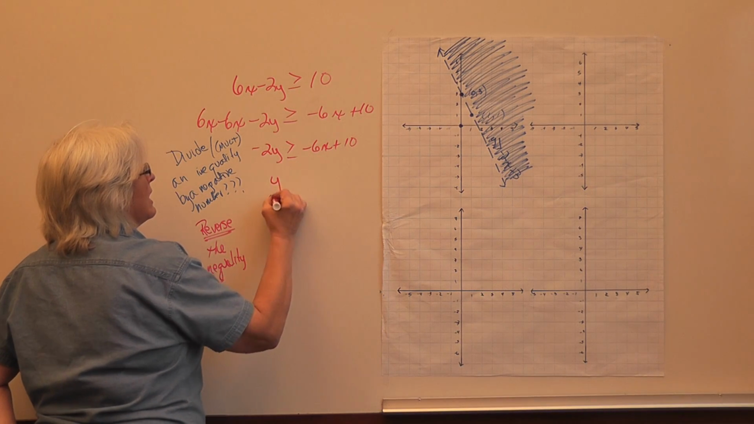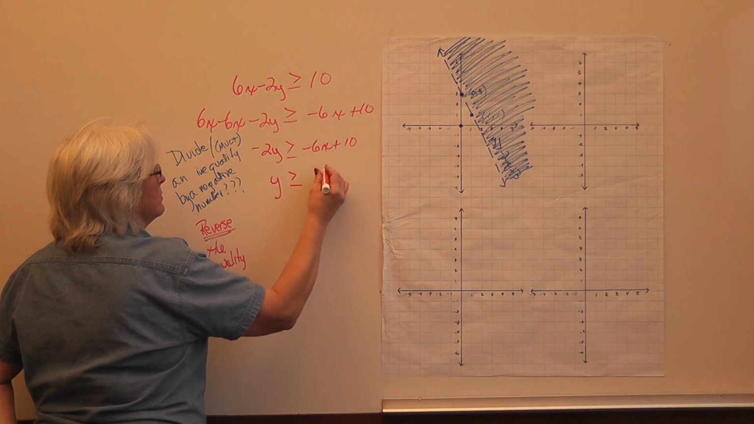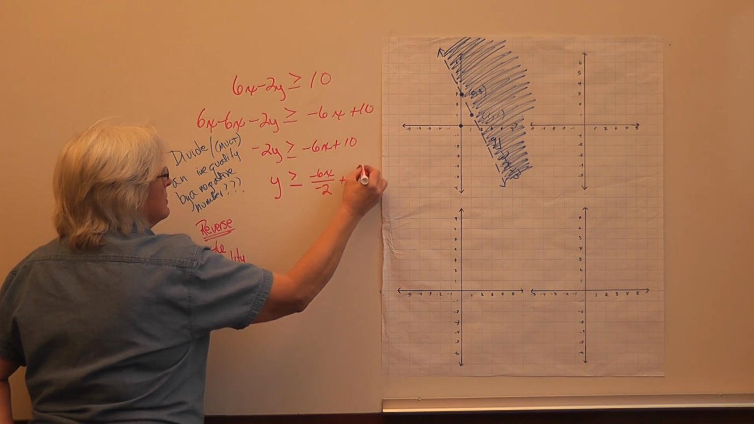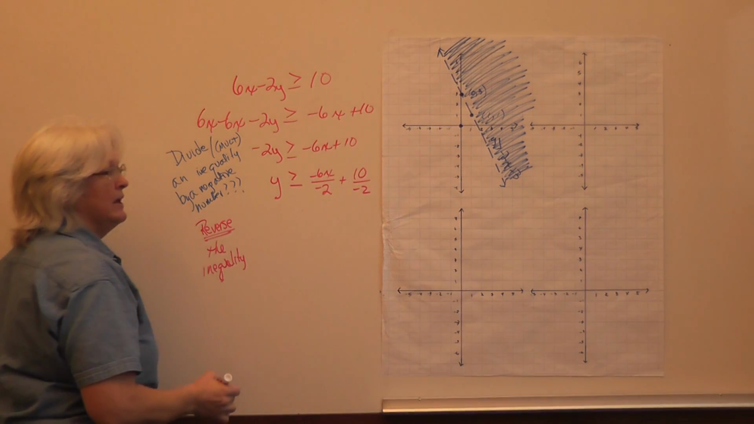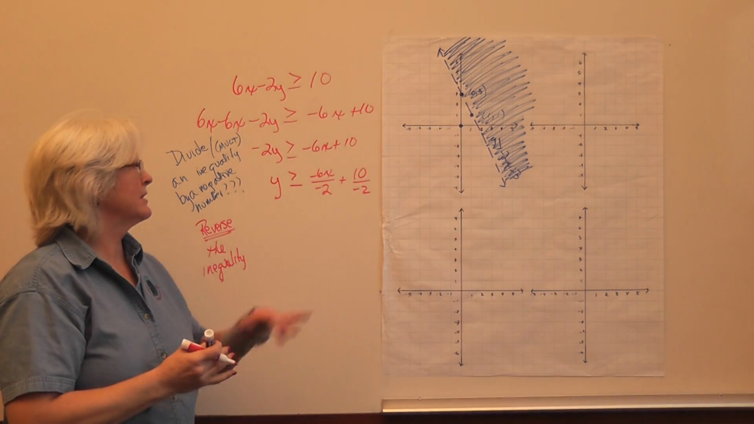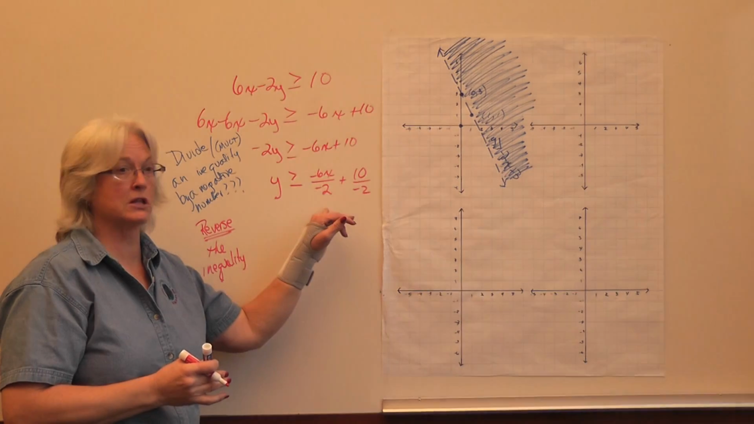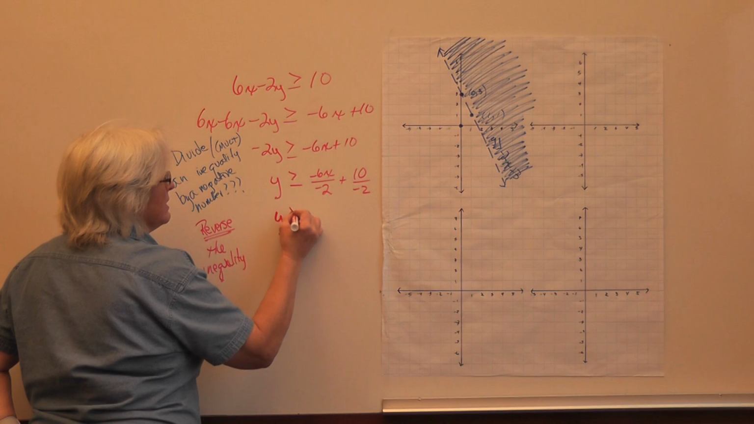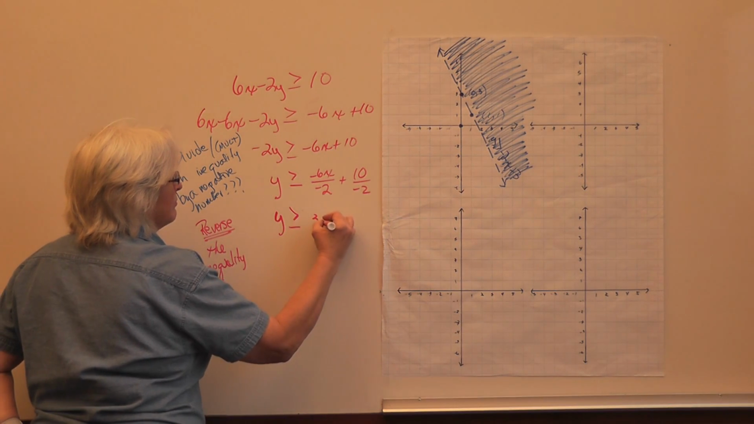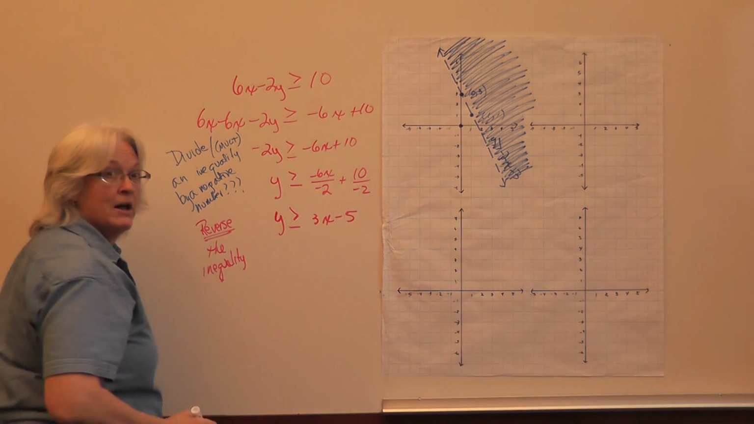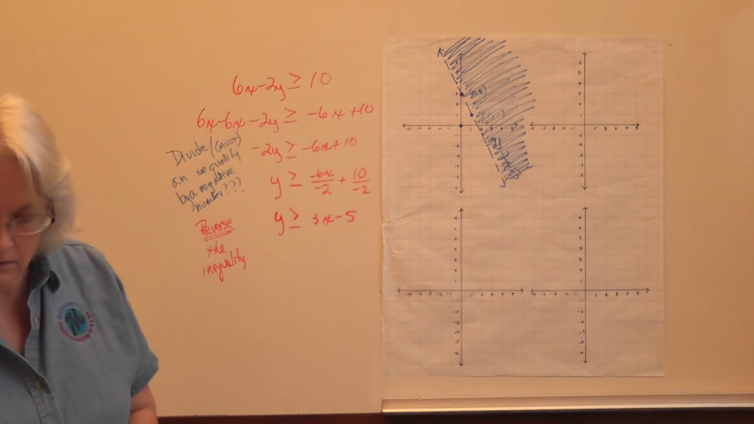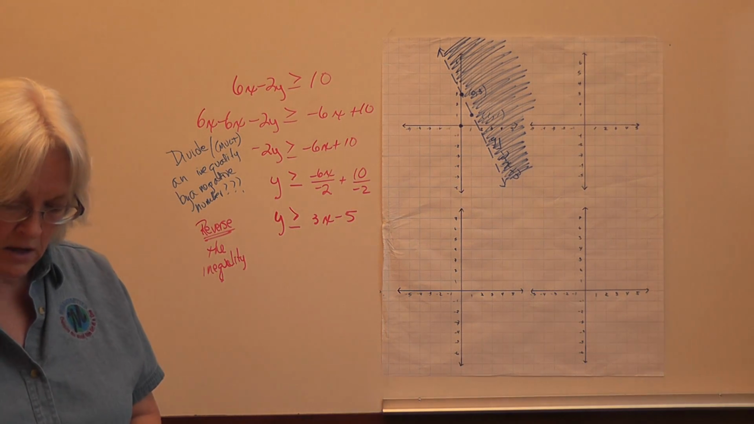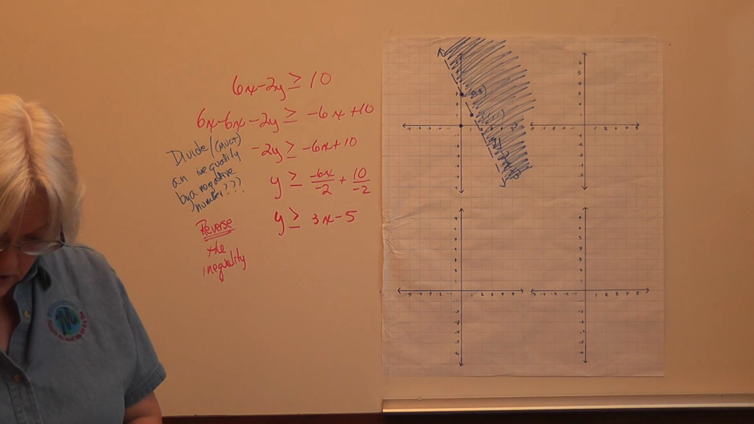So we have y is greater than or equal to negative 6x divided by negative 2 plus 10 divided by negative 2. And I split it up like this, remember, because we want to be able to have our slope and our y-intercept. So what do we have now? Y is greater than or equal to 3x minus 5. Everybody take a second or two or ten, pause the tape if you need to, and make absolutely certain that you understand